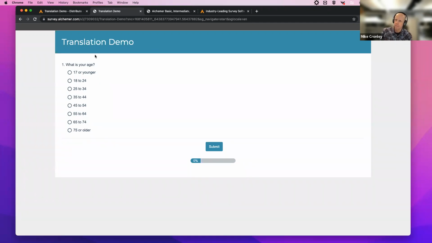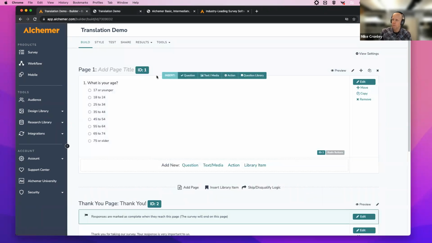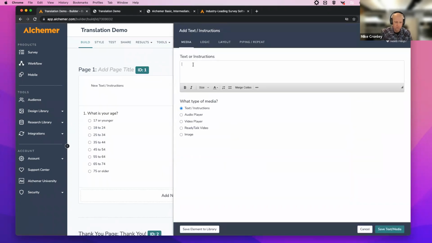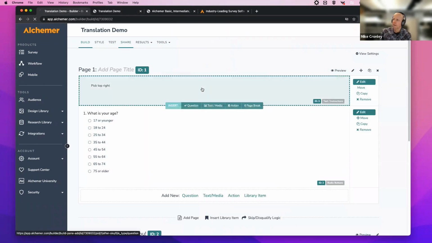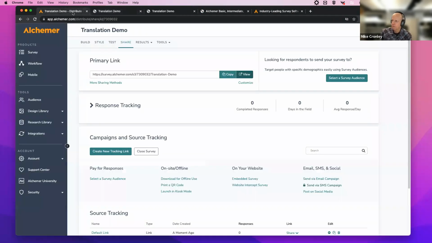The other option is you can put in the build of the survey, a really quick, maybe I'm inserting a text media element. And this would be, hey, pick your language, top right, just a quick message that is visible in that beginning of the survey, and just kind of cues them into the ability that they could translate it to the language they'd like. Let me show you the sheet option, which I think is probably the best path to do this work.